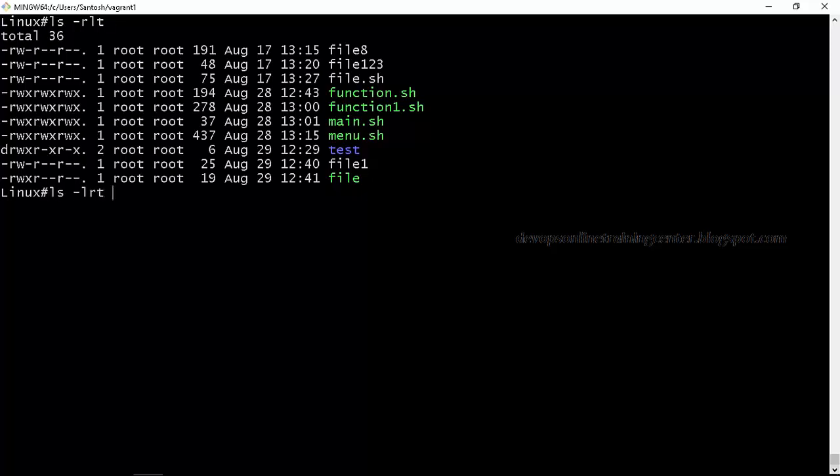Or we can also do something like this: AWK and FNR is equal to, then print.